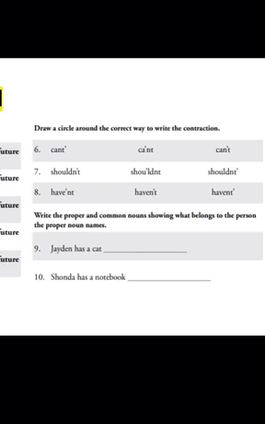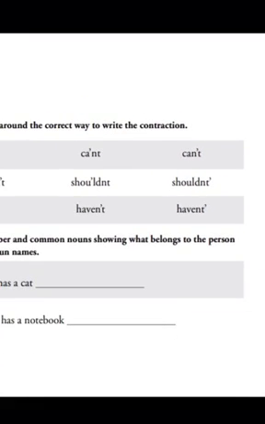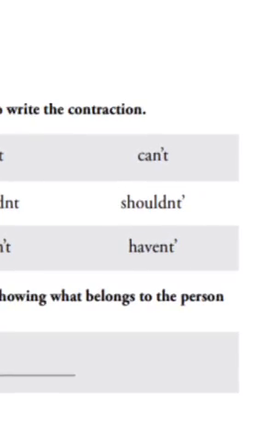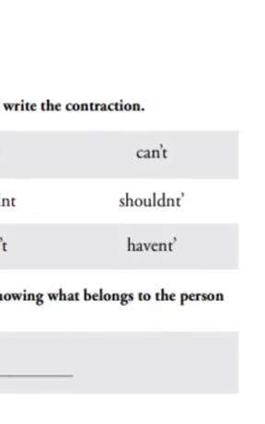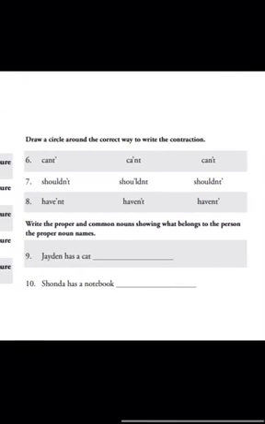They actually took out an N and an O. And your correct contraction of the word cannot is can't. See where the apostrophe is? That's where they took out the N and the O. Okay, so you're going to do number 7 and 8, and then you're going to go down below, and it